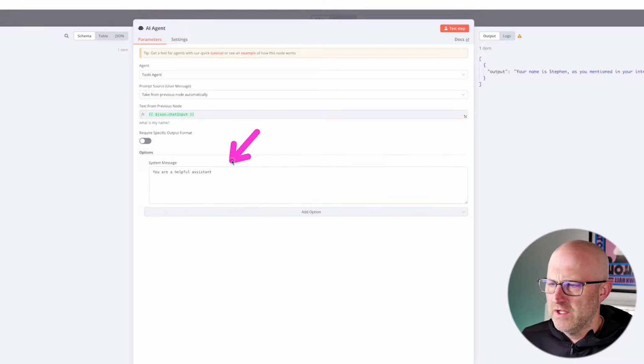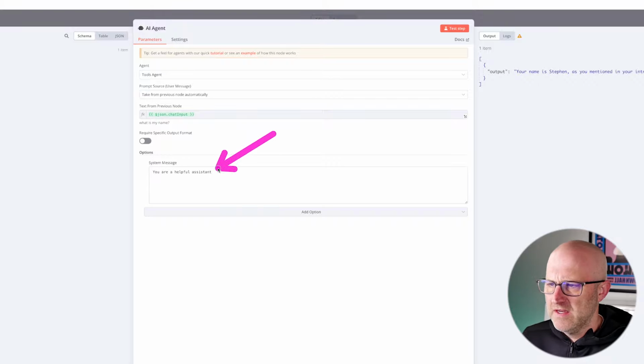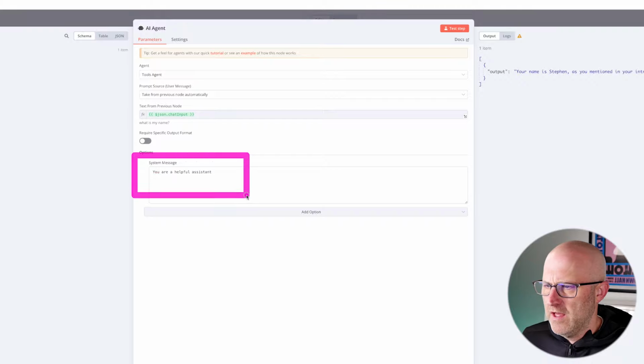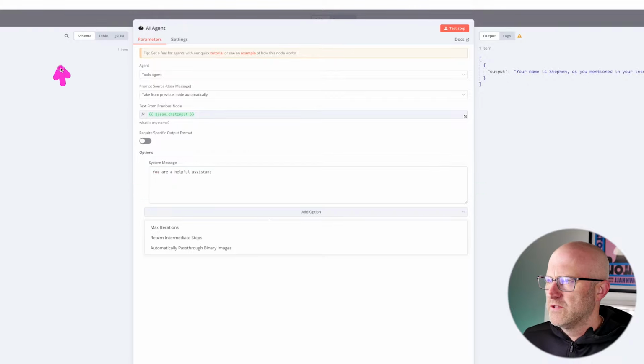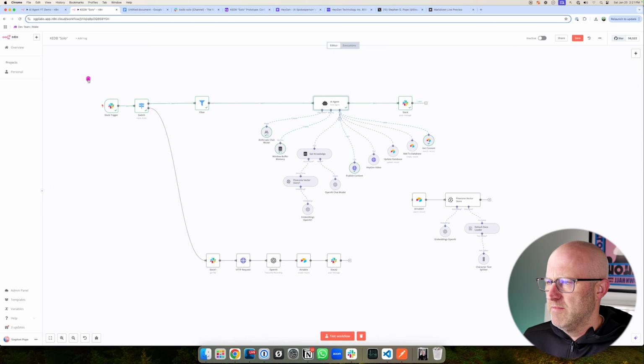And this is where we can really tell the agent who it is, how to behave, what are the different things that it can do, how does it access the different tools that it has, and how does it actually respond back to the user. So now this is where a lot of the magic actually is. So let's jump up to this document here where I have the current prompt that I'm using in my prototype